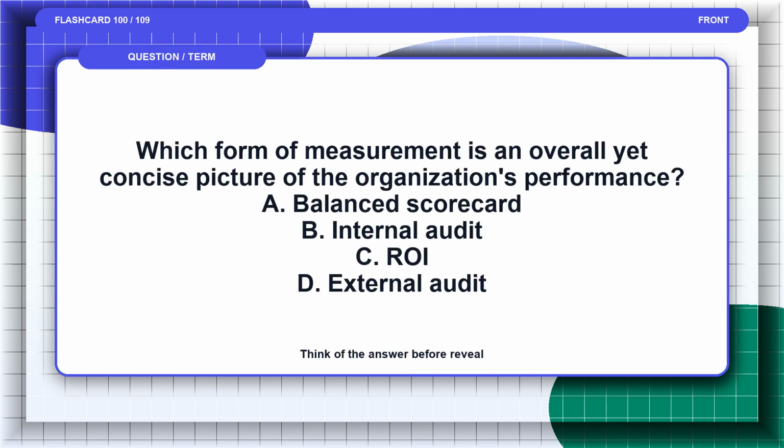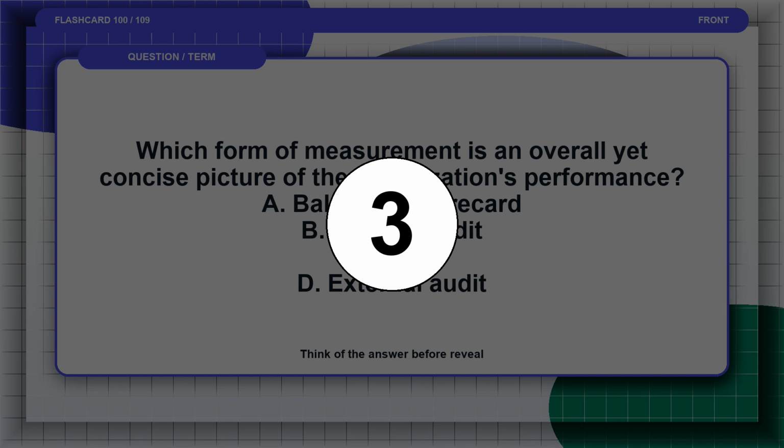Flashcard 100. Which form of measurement is an overall yet concise picture of the organization's performance? A, balance scorecard. B, internal audit. C, we're already to the external audit. Pause and think of the answer before the reveal. The answer is